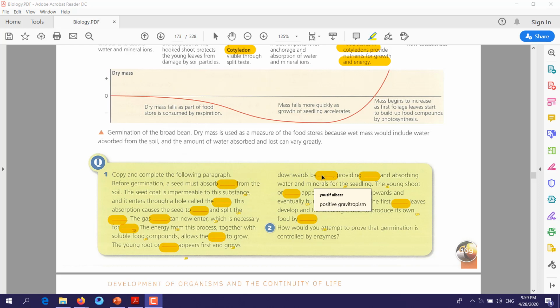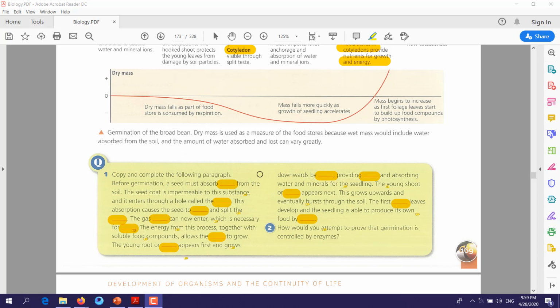Why is it positive? Because it is growing with the direction of the gravity. Then providing what? When the root grows, it will be bigger. So how will this help the plant? It will provide anchorage. It will anchor the plant in the soil and absorb water and minerals for the